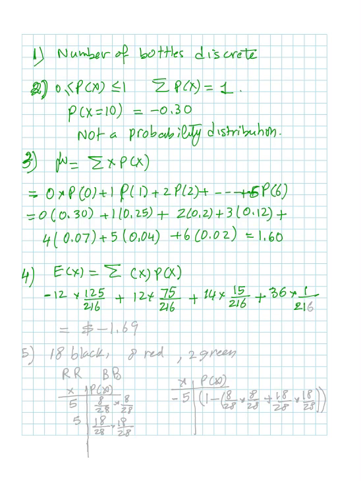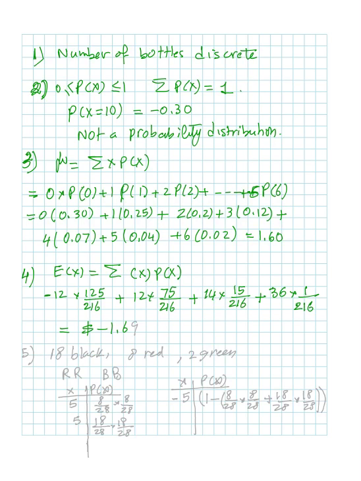So it's going to be negative 12 times 125 divided by 216 plus 12 times 75 divided by 216 plus 14 times 15 over 216 plus